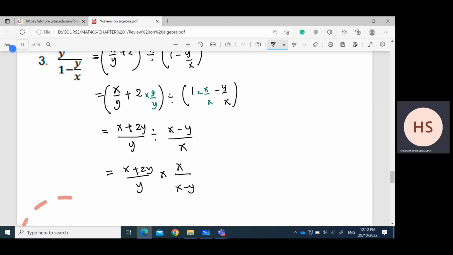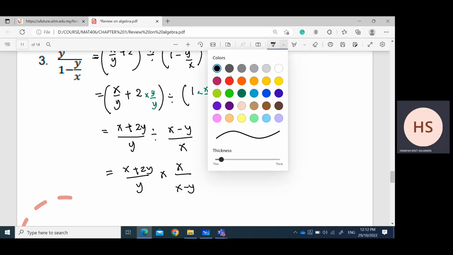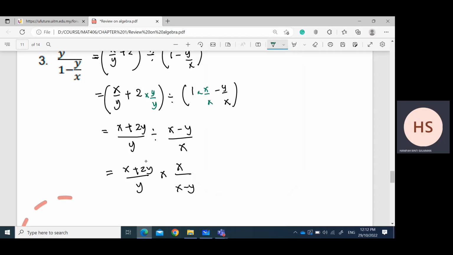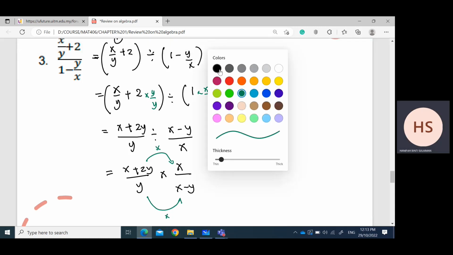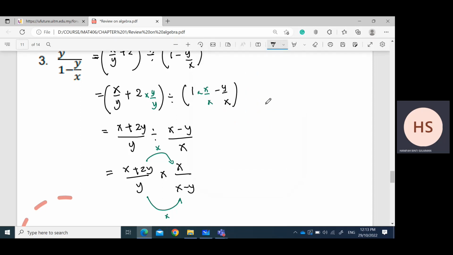Okay, x minus y pula. Betul-betul, x minus y. So this one for multiplication, we just multiply numerator with numerator, and denominator with denominator. Okay, so darabkan. Dan kita akan dapat